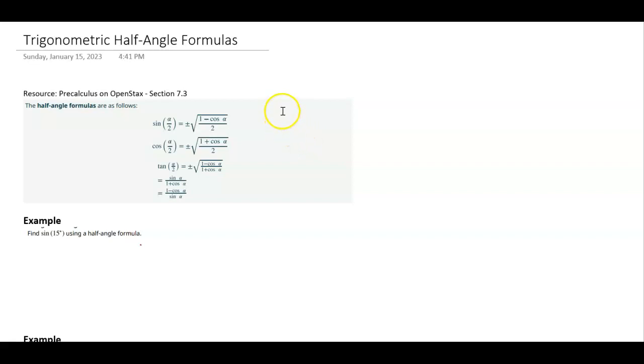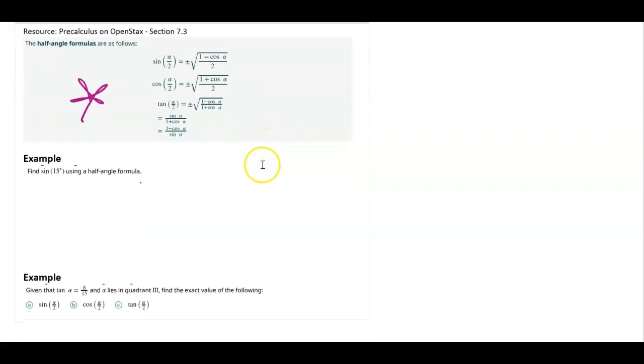All right, so this video is going to look at trigonometric half angle formulas, and they are given to us right here. And it is important that we understand how to apply them. So in my unit circle, if I was asked to find the sine of 15 degrees, well, I know 15 degrees is in quadrant 1. But I don't really know what triangle is created by that angle. It's not a special right triangle. And so I don't really know what the sine of 15 degrees is based off of